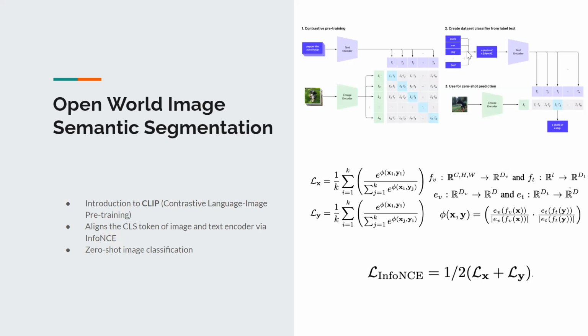you take the CLS token of the vision encoder, which is a transformer usually these days, a ViT transformer. And then you take the CLS token of the text, and you assume you have image tags. So you have an image and a text, and you know they're paired together. You can think of the CLS token as the representation of the image, and the CLS token of the text of this pair. You want their tokens to be very close to each other. That's what they call CLIP.